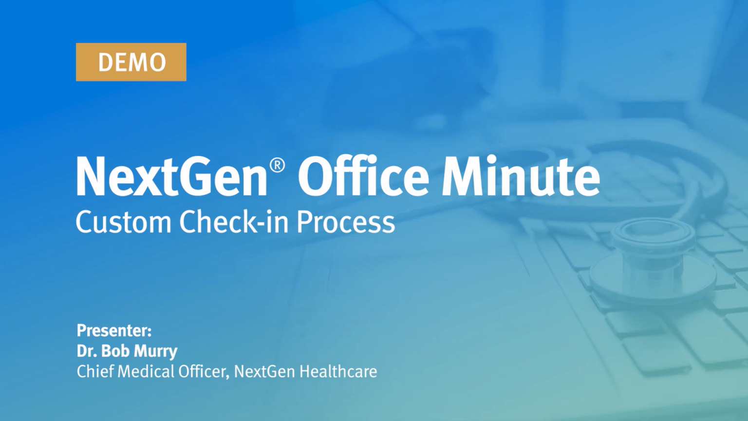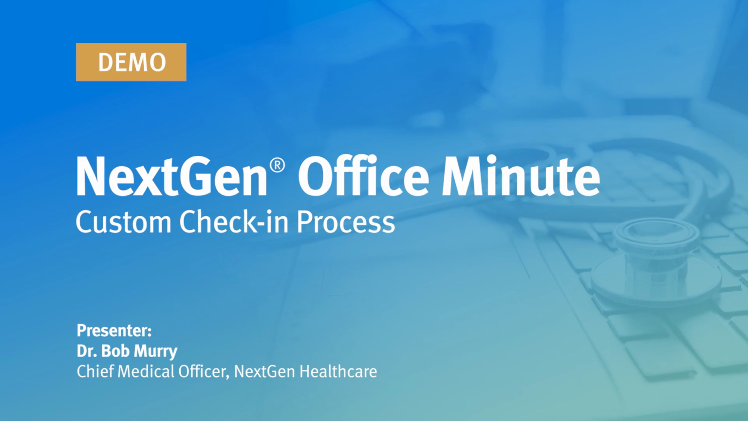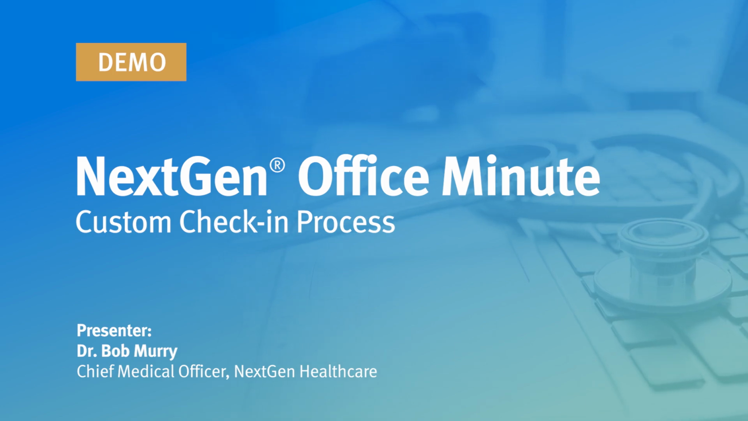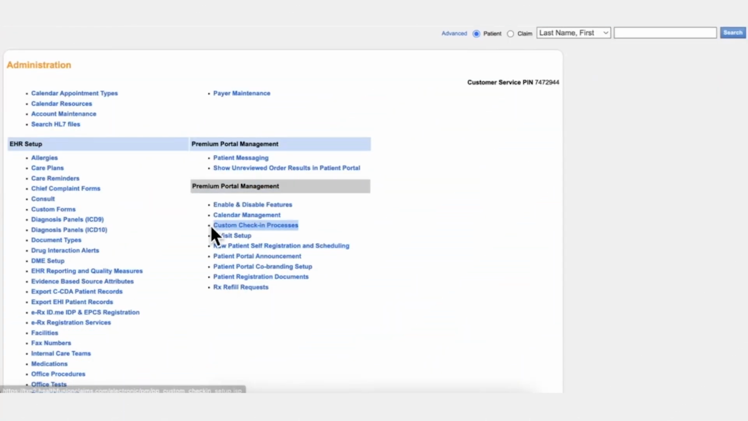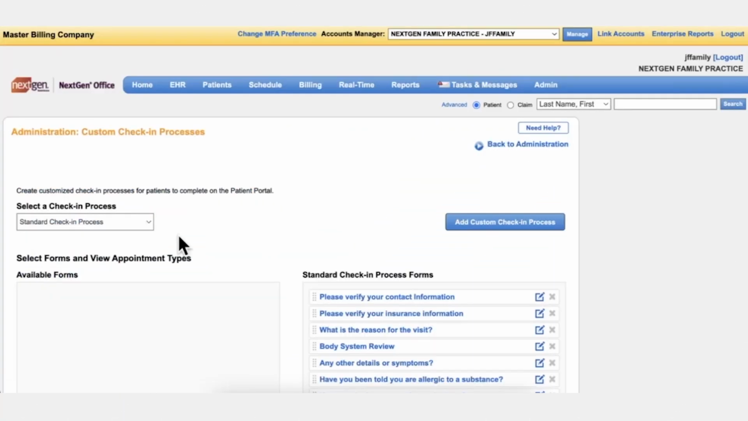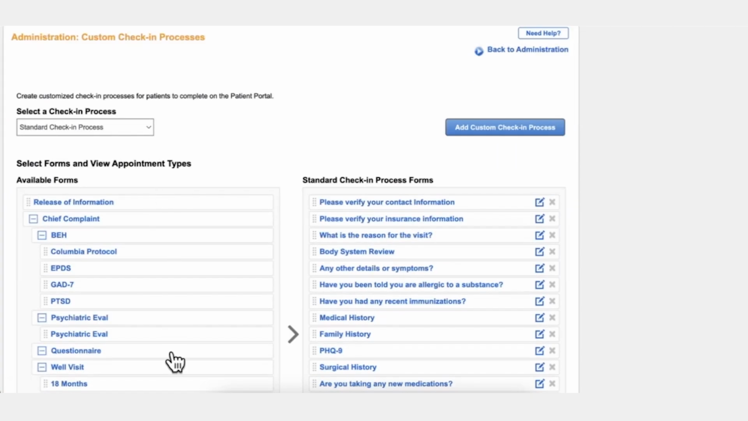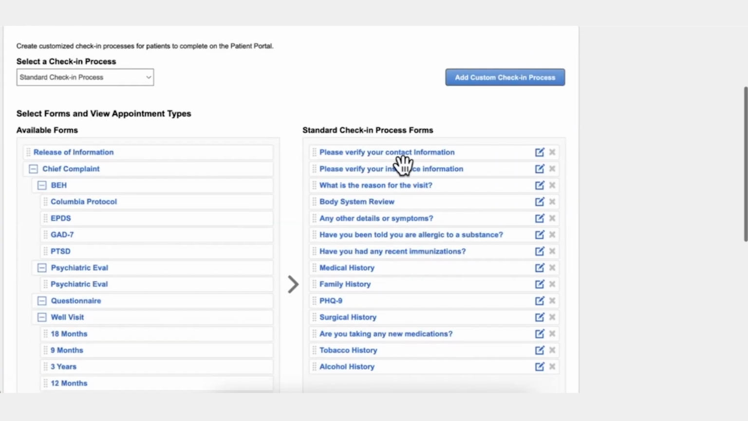In today's NextGen Office Minute, we're going to look at how to use the custom check-in process for patient check-in in the NextGen Office EHR. There's a list of available forms on the left, and then the standard check-in forms on the right. If I don't customize anything else, this is what all the patients are prompted to answer before their appointment in